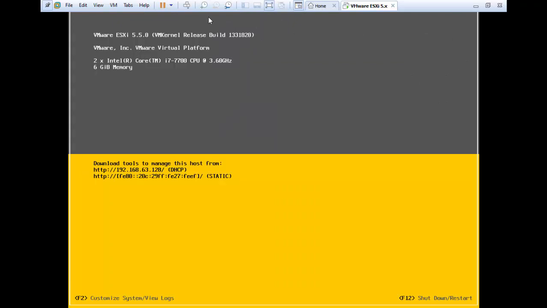This is how we can make the settings to the VMware ESXi server. Apart from this, you won't see anything else on VMware ESXi server. If you want to access the storage of VMware ESXi server, you cannot do it from here. For that we need another software, vSphere Center. It will allow you to access the storage and the memory, and provides a lot of features that you can use with VMware ESXi.